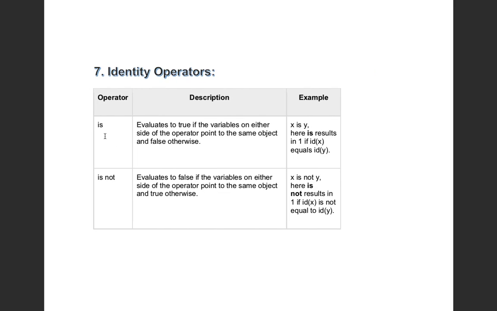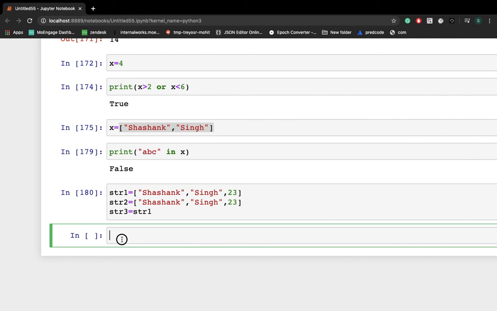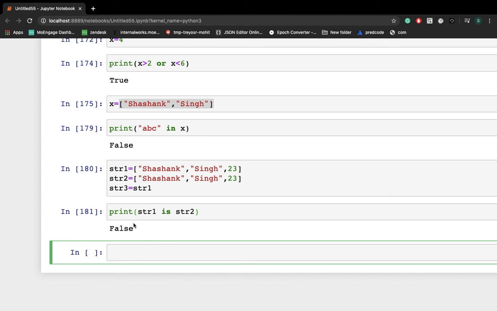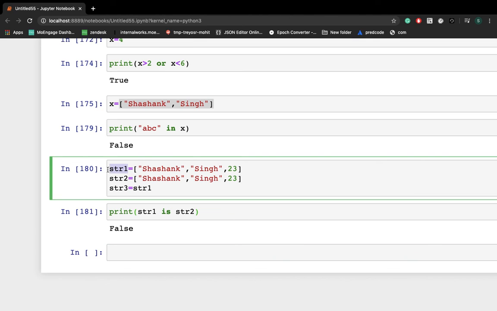So let's check these two operators, is and is not. We can write print, now str1 is str2. Obviously you can see str1 and str2 are the same, but it will return false because they are referring to different memory locations. str1 has one memory location, str2 has another.